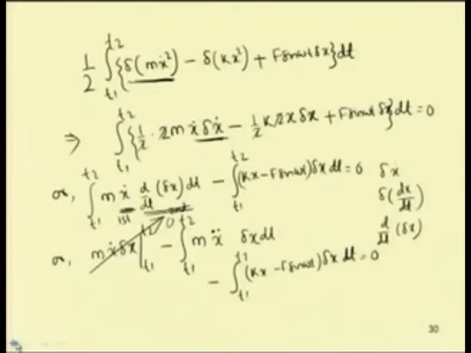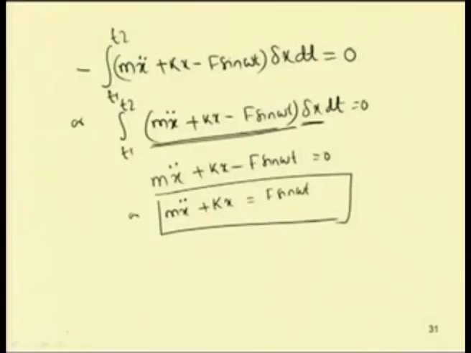So, here this point has to be taken care of. This delta x dot I have written in this form, and by taking care of this, one can easily derive the equation of motion for this system. What I did here is, delta x dot I have written equal to del of dx by dt, then I have interchanged between these two. So, this becomes d by dt of del x, and then by using integration by parts, we have arrived at the final expression of the system.